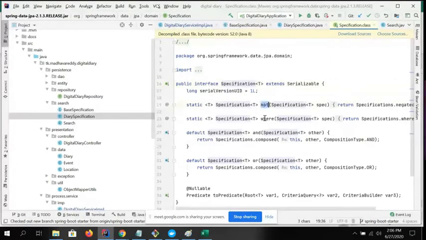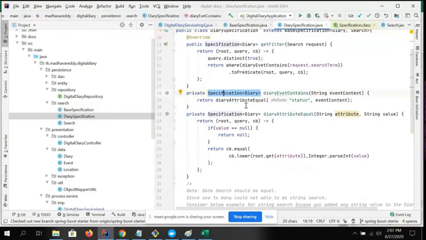See here: not operation, where operation, and operation. Generally, whoever earlier worked on SQL operations like where conditions can easily understand these specifications. When I use this specification, I am returning a specification result. Here you can write your own business logic, but I made it one more additional method to make it very clear.